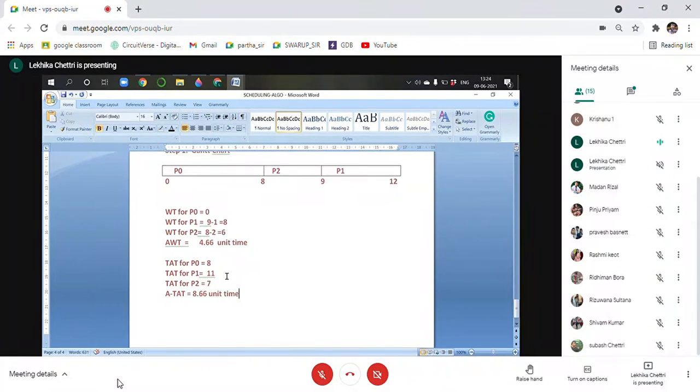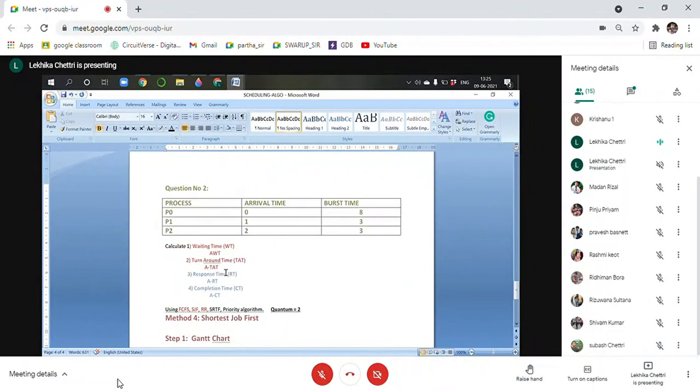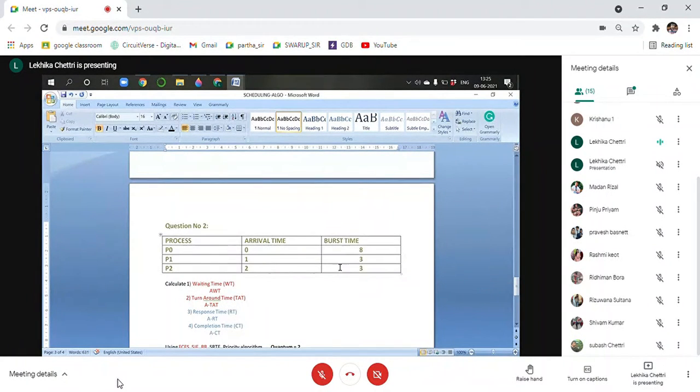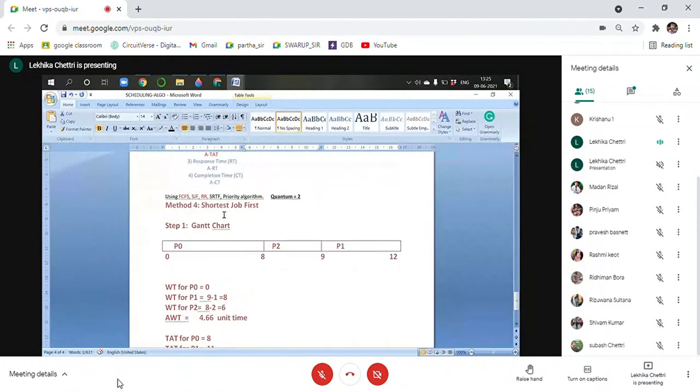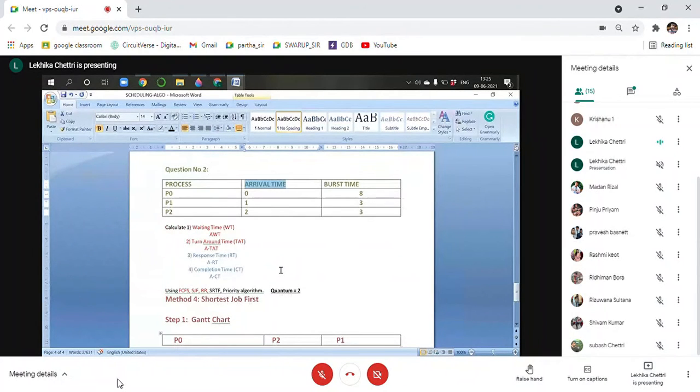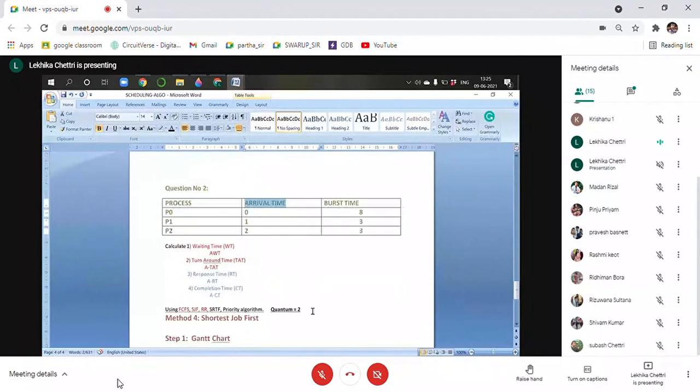So now is SJF clear? Yes, ma'am. Okay, so now you can consider this question as a practice question. You can again do FCFS, RR, SRTF, and priority algorithms for it. If you check here, this is again priority. If I write down priority here, 0, 1, 2, this is the priority. Accordingly the answer will be the same for your SJF, priority maybe. Yes, this is SJF, we have calculated it.